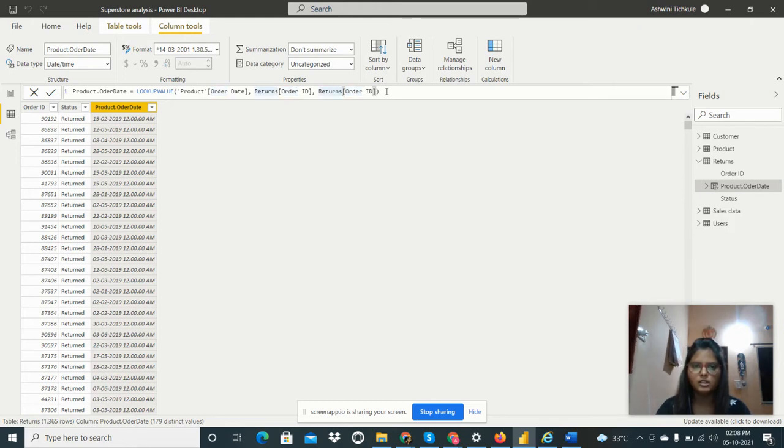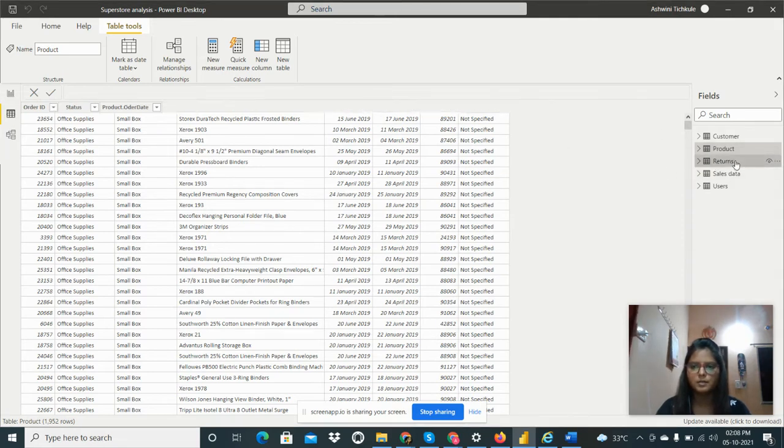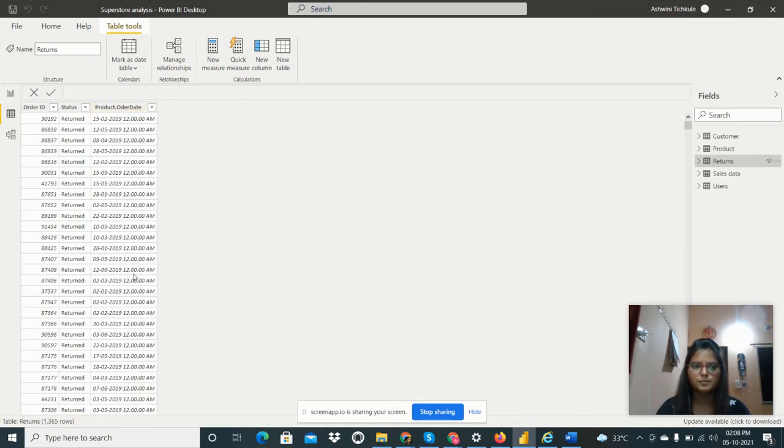It takes the order ID from the product table and uses it as a reference. The order ID column is also present in the product table, so it returns the order ID between this table and the returns table, and gives us the order date.